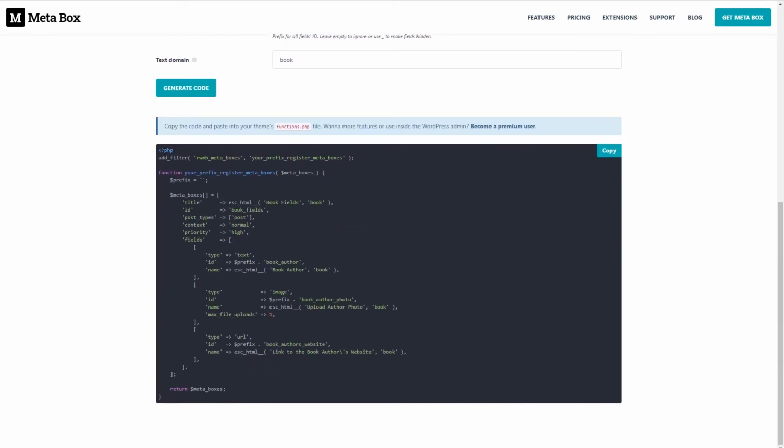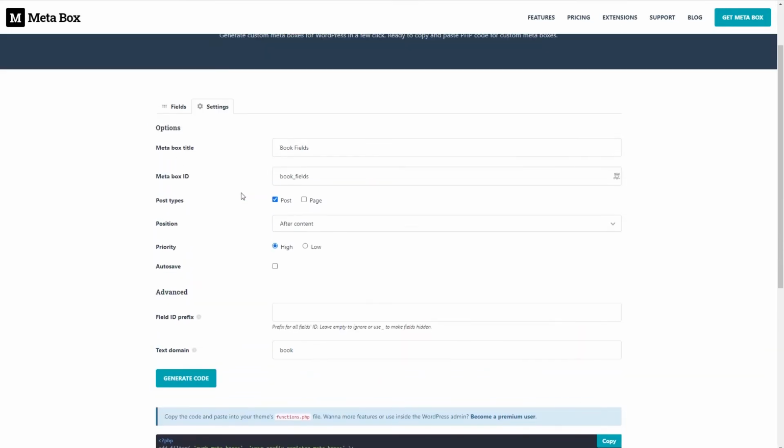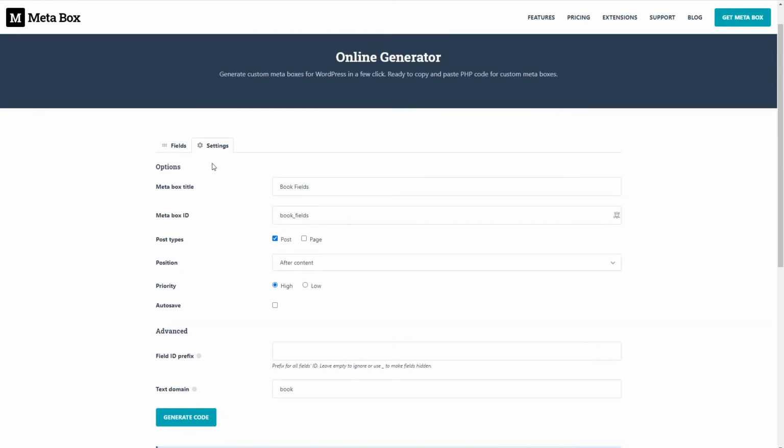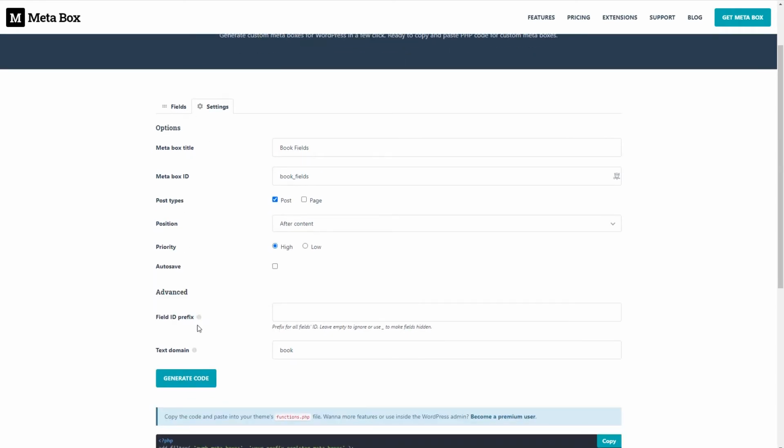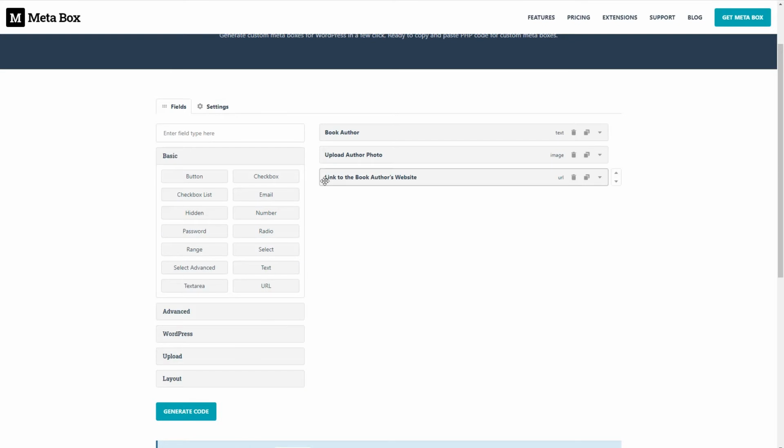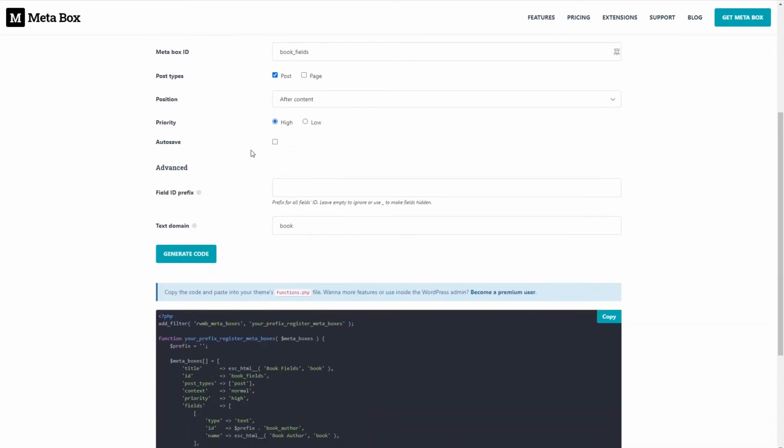And so here is all the code that corresponds to the choices we made. I'm going to copy that, but what do I do with it? Before we leave this page, I want to point something out, and that is that although we have these little tooltips here, there's not really any on-page help. So if you have questions about this process, there's not really any on-page help to show you how to use,